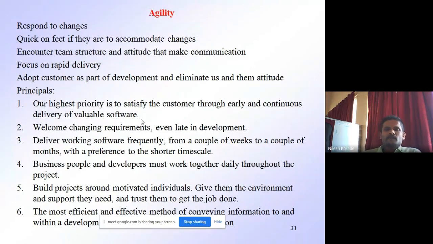Developers may be coders or testers. All these people must work together daily throughout your software development project. Why is there a need to work together? Whenever you work together, you will get an understanding of each and every person who is involved in your software development project. Whatever the thinking of your management people, your development team, your testers or